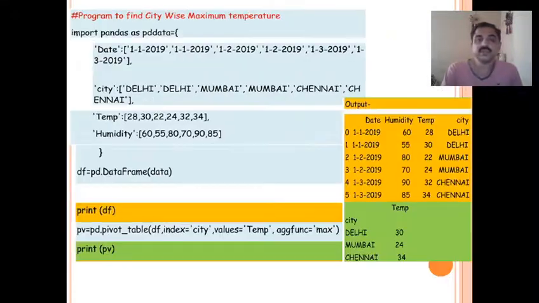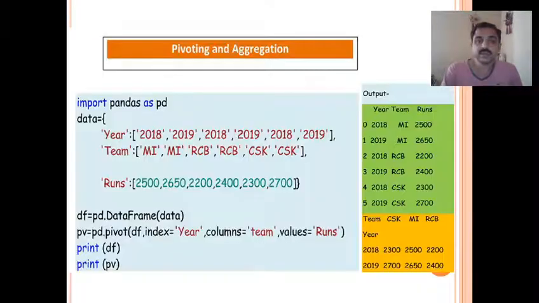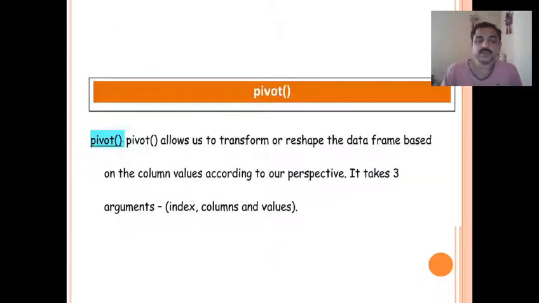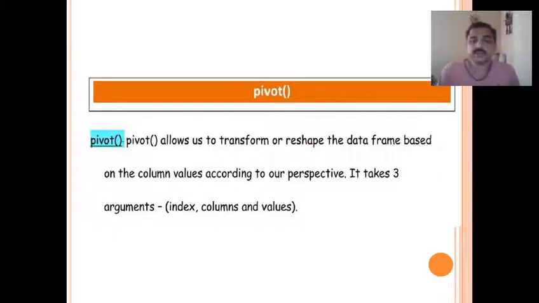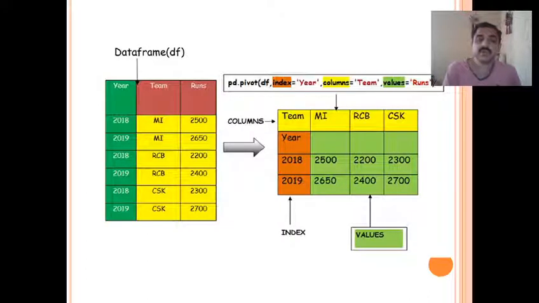So we have seen today aggregation and pivoting. In pivoting there are two methods. Pivoting is nothing but rearranging the data. One is pivot and the other is pivot table. The pivot function has three arguments: index, columns and values. Based on the data we pass, the rows, index and columns will be rearranged and values will be displayed accordingly.